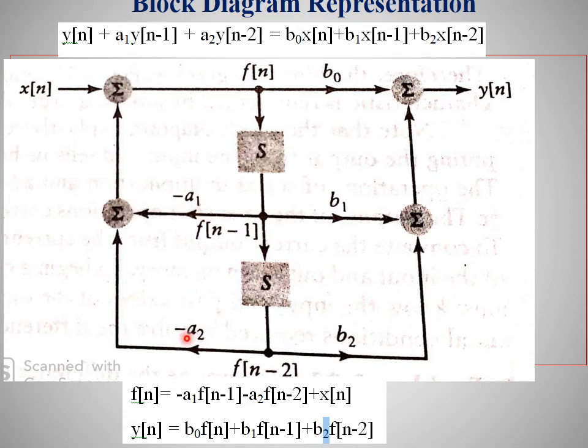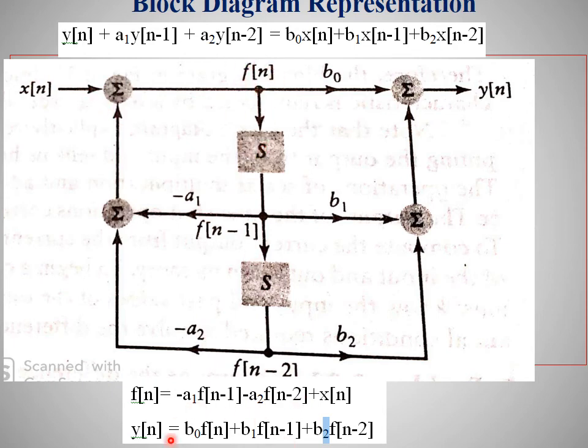The negative sign has been considered here, and the addition takes place, giving us the resultant of these two terms, that is minus a1 f of n minus 1 and minus a2 f of n minus 2. This is the resultant that has been generated here, and to this we need to add x of n, which is the input. Thus, the solution is x of n plus these two terms,